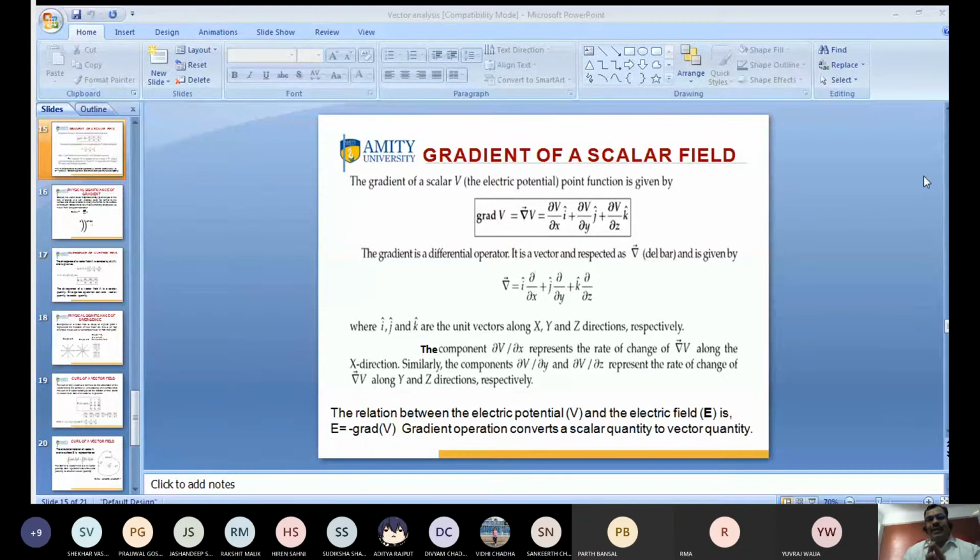You know, we discussed the vector. Vector is very simple. What is a vector quantity? We discussed the fundamentals of vector quantity. We have discussed the fundamentals of scalar quantity, dot product, cross product, vector product, and scalar product.